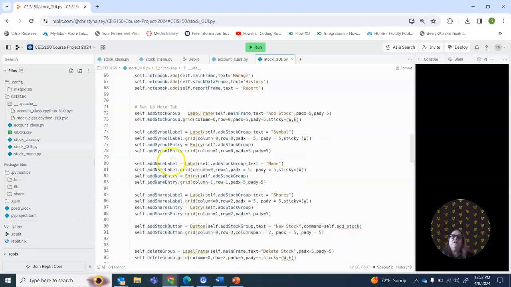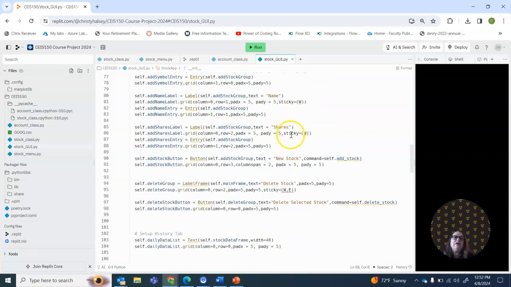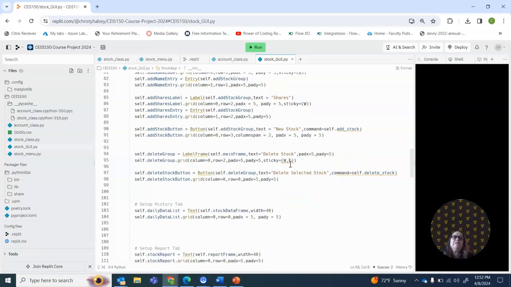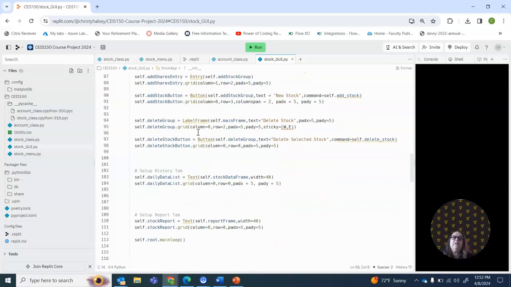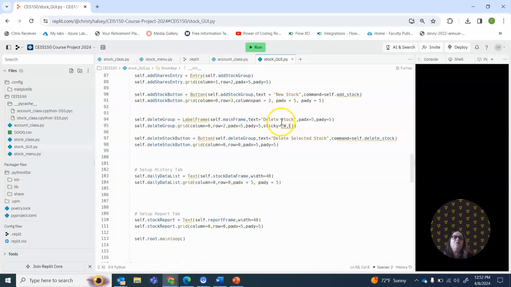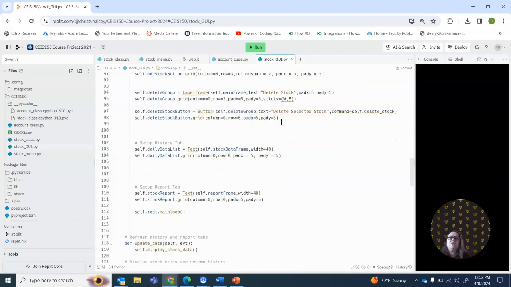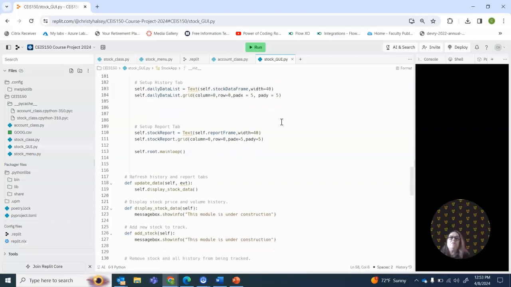Alright, so here is the setup for the main tab. We have add stock, we got the symbol, the name, shares, the new stock button where we click to add it. We'll have a delete stock button as well, so that we can go in and delete stocks. And what we'll see as we scroll down a little bit more,